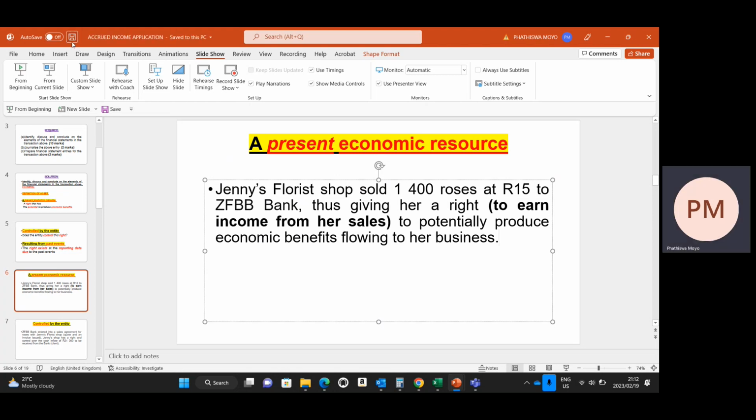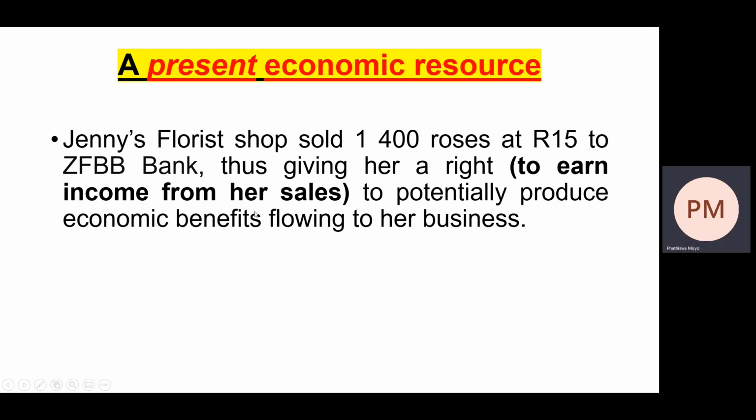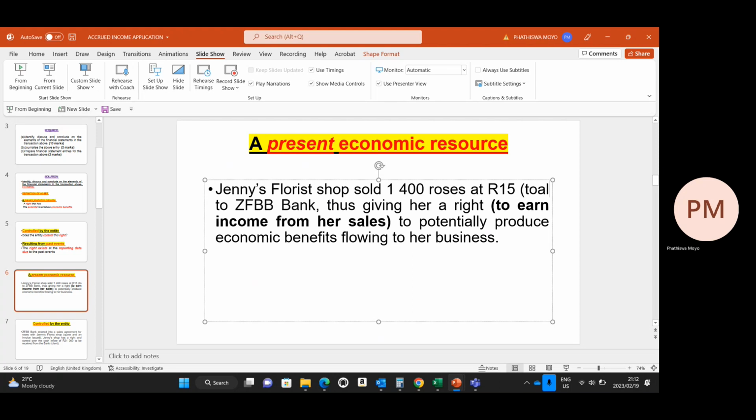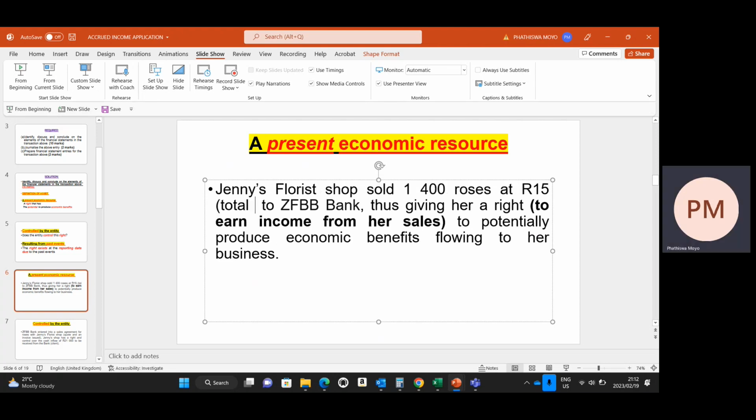So Jenny's Florist sold 1,400 roses at 15 Rand to ZFBB Bank, thus giving her a right to earn income from her sales to potentially produce economic benefits flowing into the business. So she has the right to that 21,000. Why did I not mention that? Total revenue